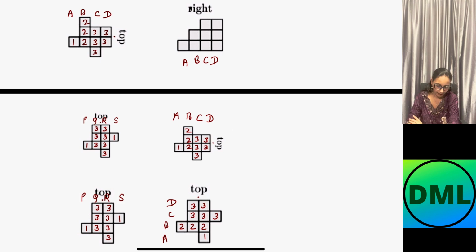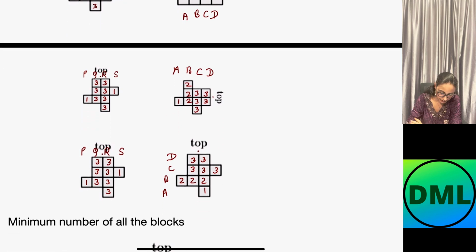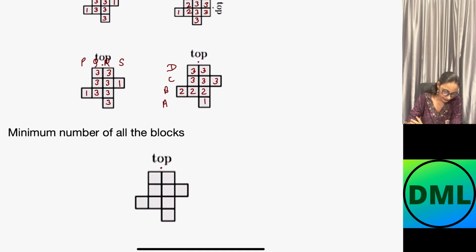Let's do it here. I flipped this figure in this shape which I have just shown you. So these 3 will come on the top. As you can see, this 3 will come here, these 3 will come here. And your top figure will look like this. Now we can easily compare our 2 figures. How are we going to compare that? We have to take the minimum number of all the blocks here. If we see that this is 1 and this is 2 here, what is the minimum number? Minimum number is 1. Let's write down 1 here as the answer.